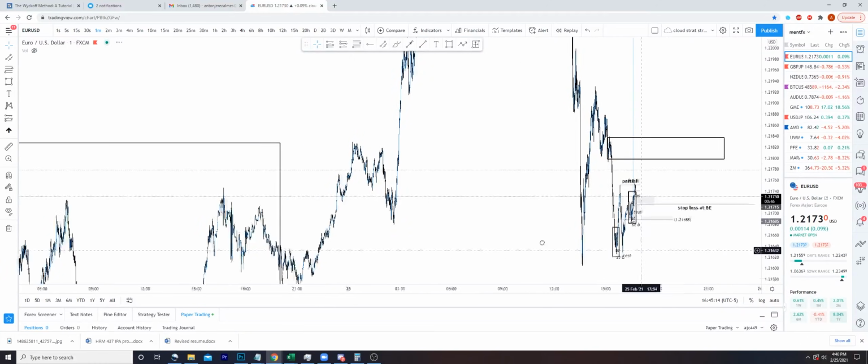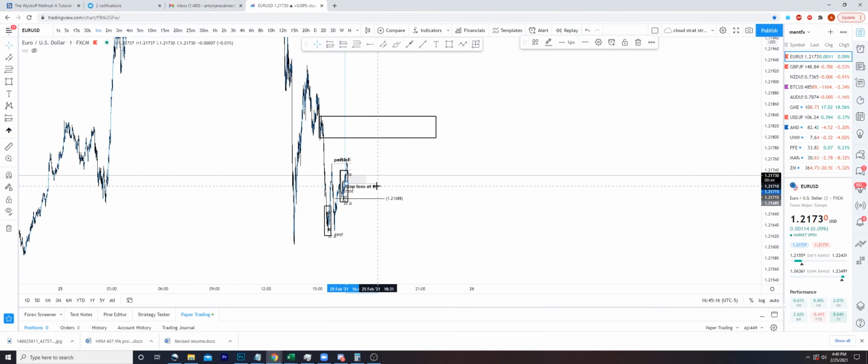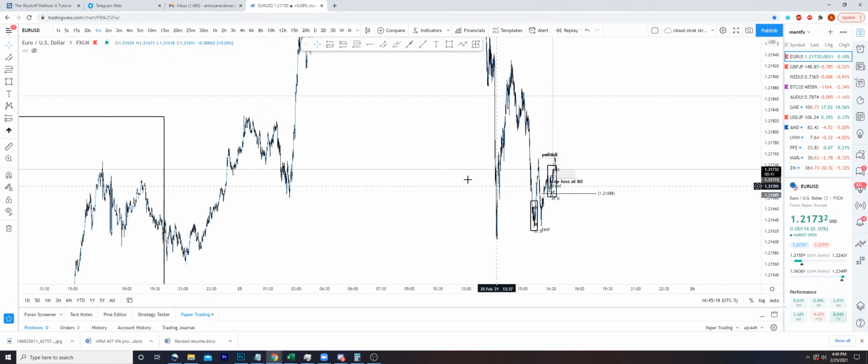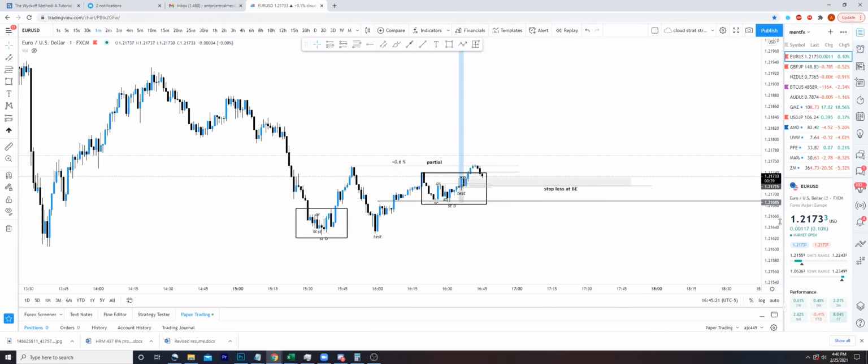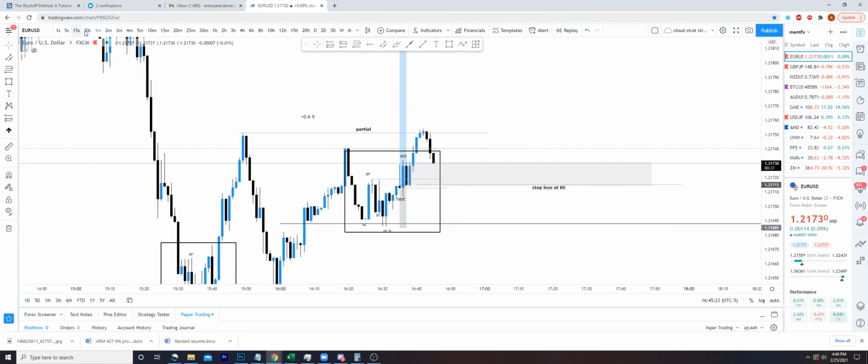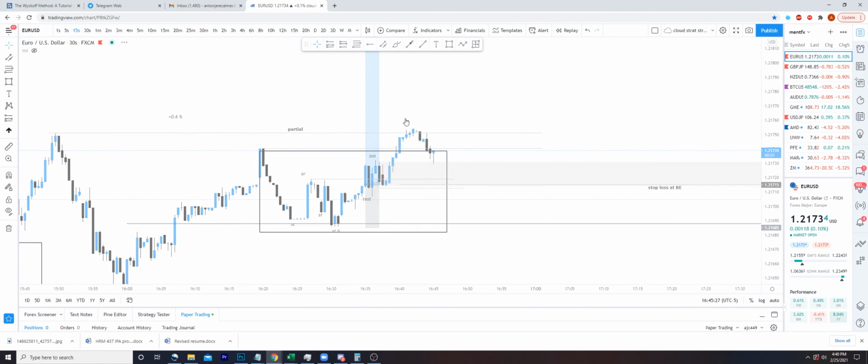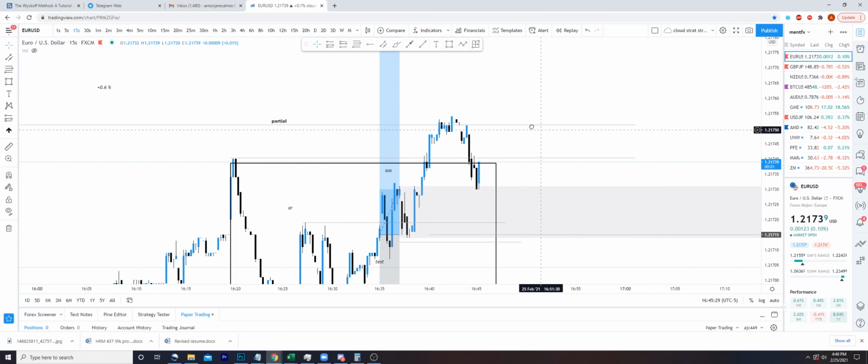Stop loss is at BE as we have spoken about. There we go. Let's delete this. Let's go back inside of what's going on here and recognize that we are now tapping into this order block here. So as we're tapping into that, there's not much, but I'm still looking for some kind of